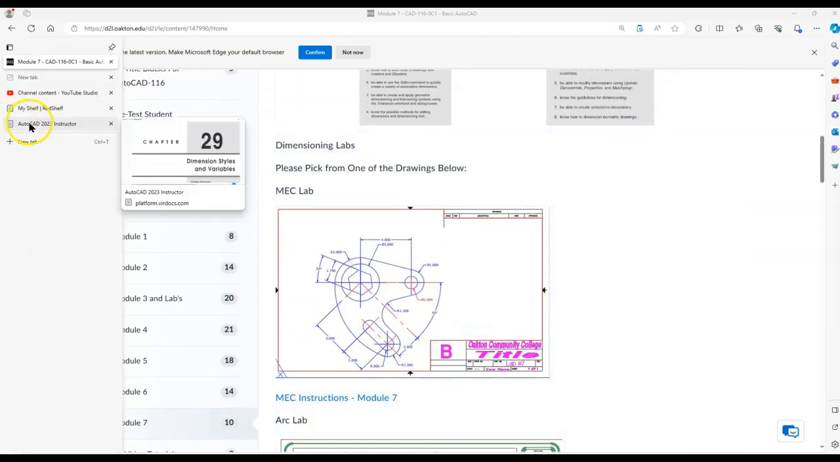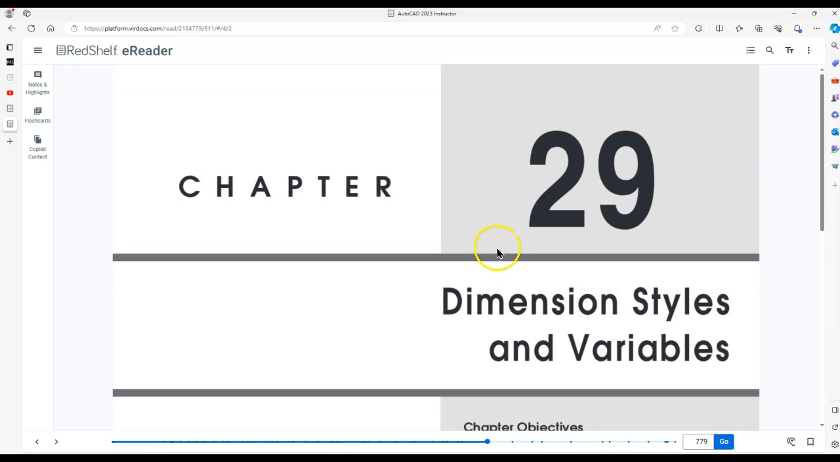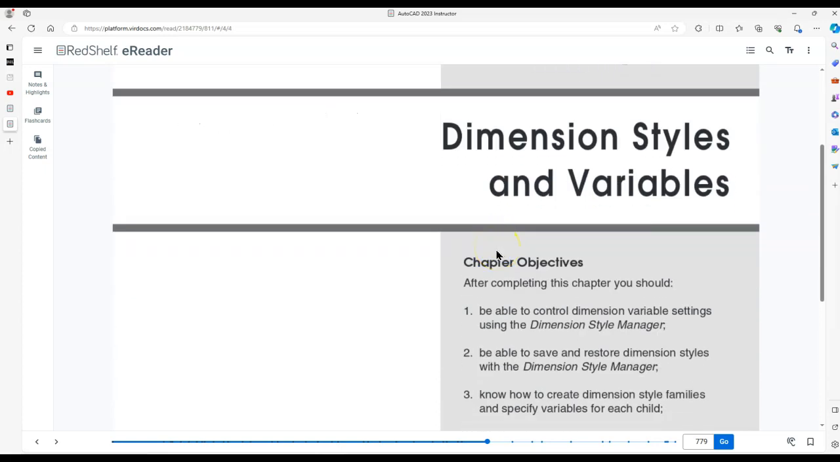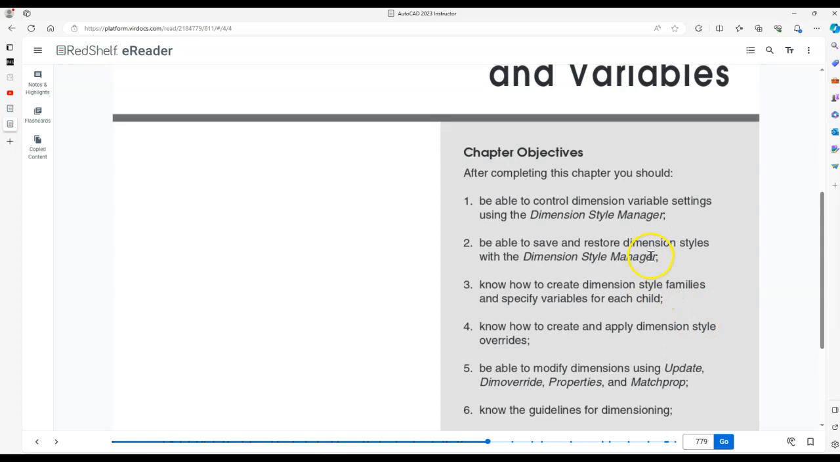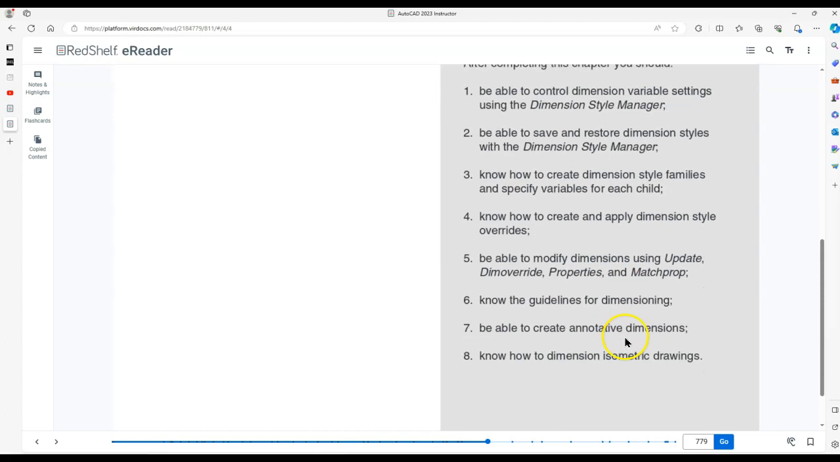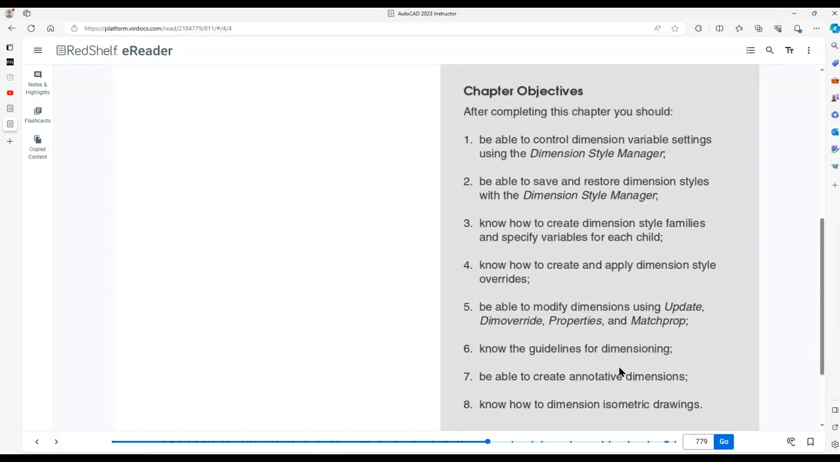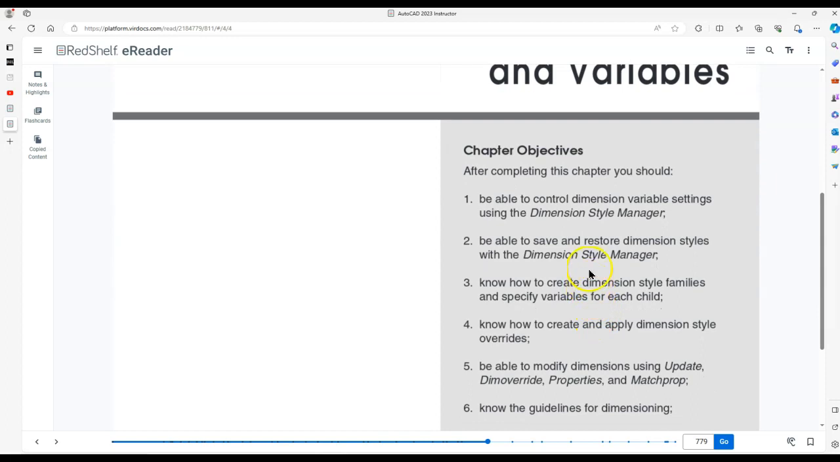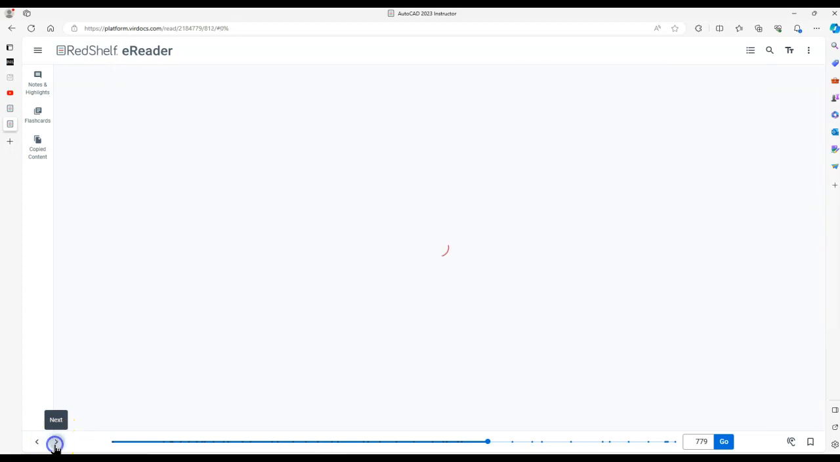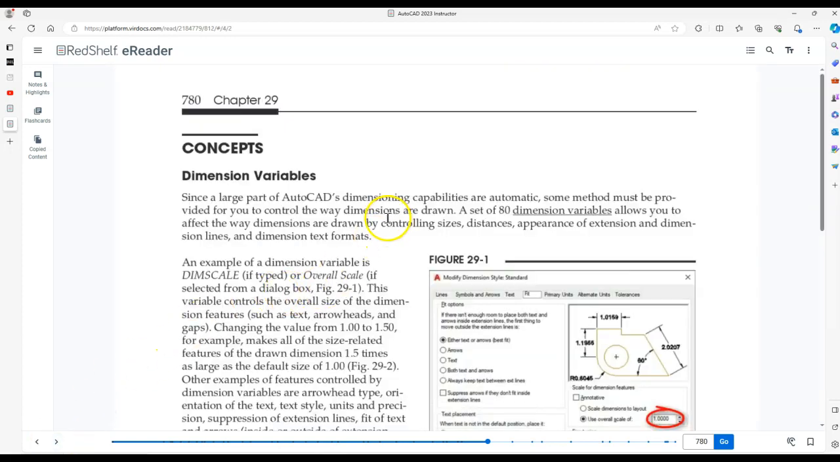We can go to our textbook, AutoCAD Instructor, and look at Chapter 29, and they have a number of learning objectives here: to be able to control dimension variable settings using the Dimension Style Manager, to be able to save dimension styles, create families, apply dimension style overrides, and work with updates, guidelines, annotative dimensions, and isometric dimensions. And it's a pretty ambitious list. So essentially we're going to look at how to work with dimension styles within the Dimension Style Manager. As we look at the concepts,